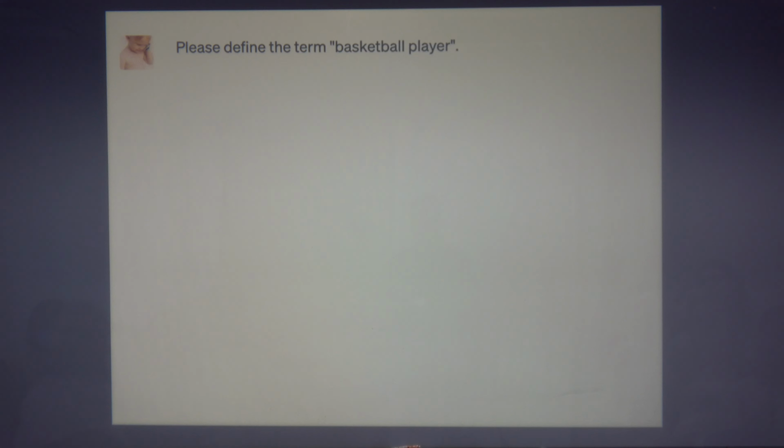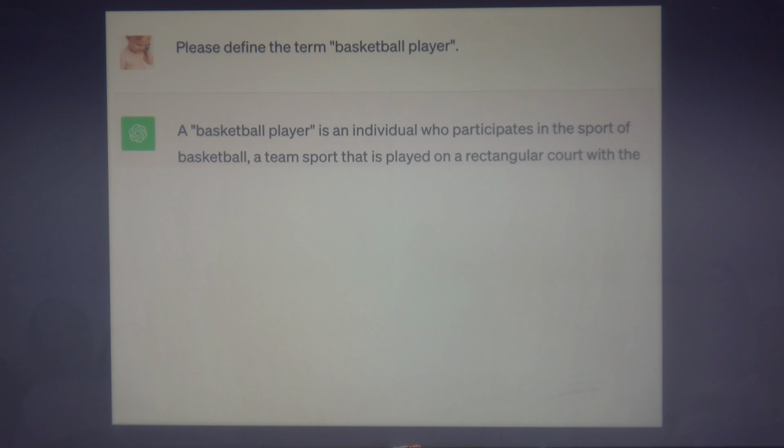So, there are alternatives, all right, here's a problem. Normally for my examples I'd probe audience intuitions or run a throwaway Prolific study. It's a lot more fun to ask ChatGPT, so that's what I'm going to be doing. So I just asked ChatGPT, define basketball player. A basketball player is an individual who participates in the sport of basketball, a team sport that is played on a rectangular court with the objective of scoring points by shooting the ball through the opponent's hoop or basket. It's not a bad definition, right?